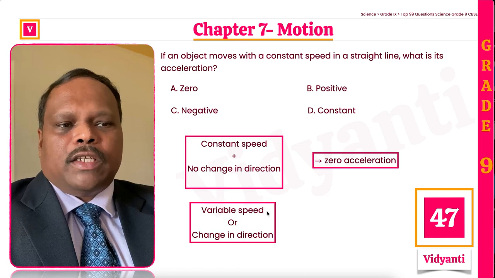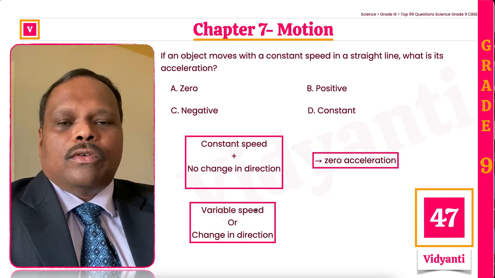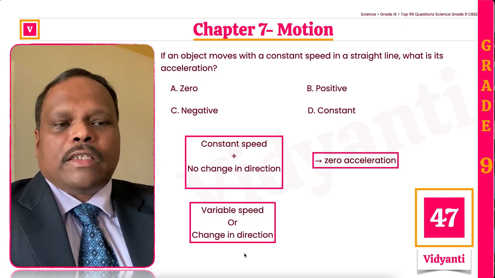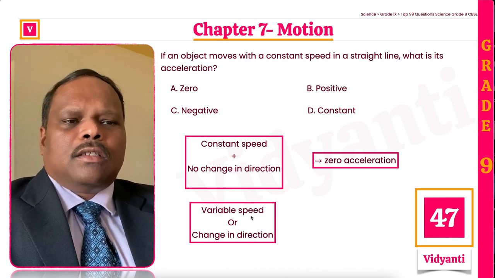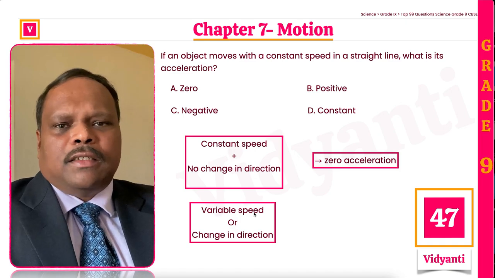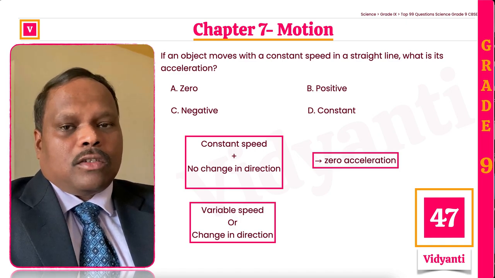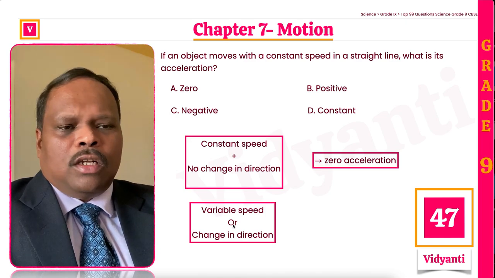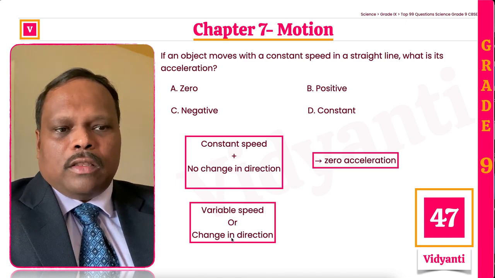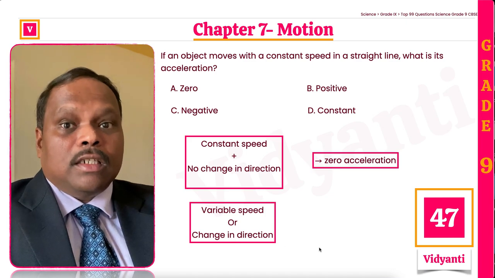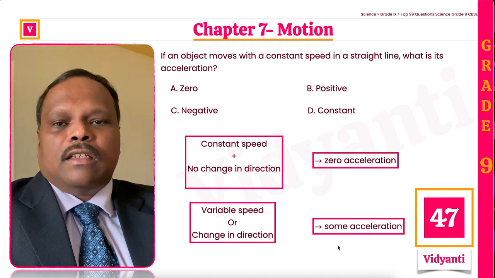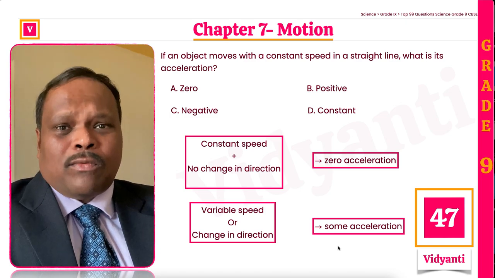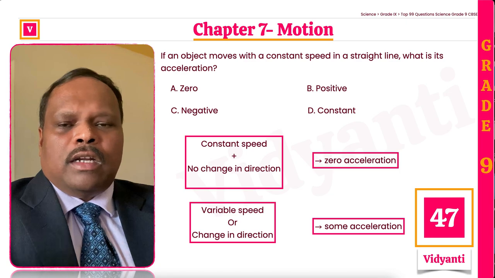Change in velocity is responsible for acceleration, either in terms of magnitude or in terms of direction. If we have speed which is changing in magnitude, that's one possibility. Or the second possibility, the speed is constant but the direction is changing. Remember, it's a vector, so only magnitude can change, only direction can change, or both can change. In that case, we will refer to that as acceleration, and we will be able to calculate that with the help of the formula delta V upon delta T.